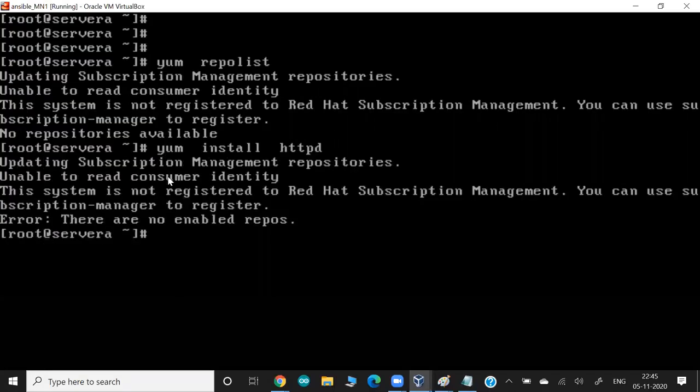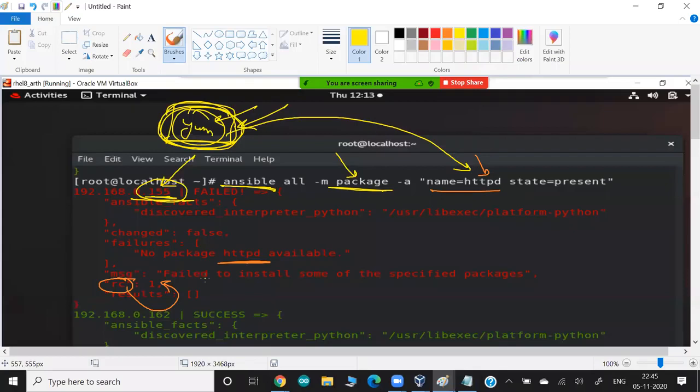And if you try to run this command, you know what message comes up? There is no enabled repo, or this software is not available. Same kind of message, guys. Here Ansible also tries to tell you that this kind of software is not available. So technically, what I'm trying to prove to you is two things. I am going to prove with one single command, you can achieve your task on multiple OS, or maybe you have thousands of OS. You just write one command, and your software will install on all thousand OS. Okay, but the most important thing is, right,